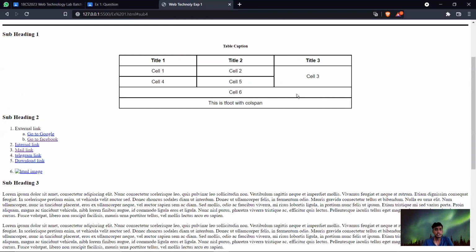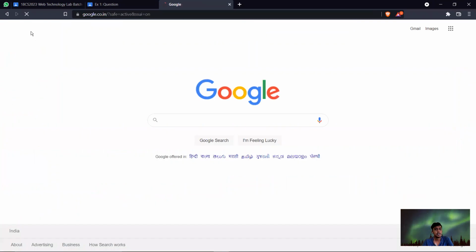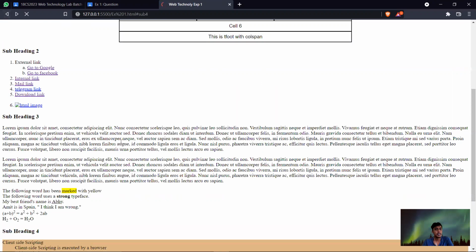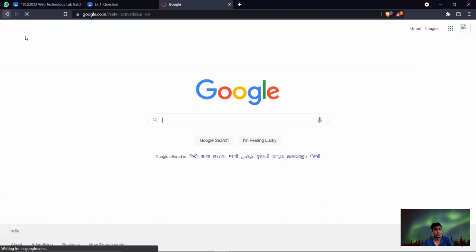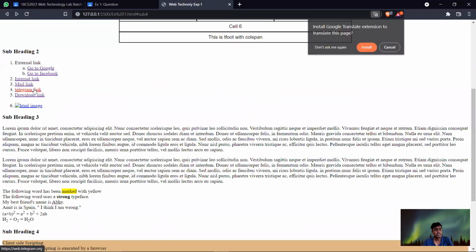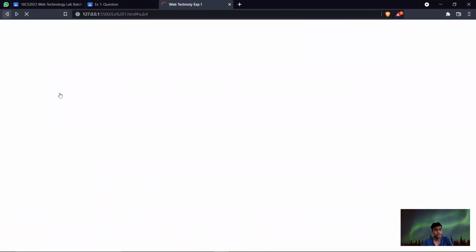The table should be created like this, and afterwards we need to provide a link for Google, which navigates to Google, and a link for Facebook, which navigates to Facebook. Afterwards, an internal link, which should go inside the page. Afterwards, Telegram, which moves to Telegram.